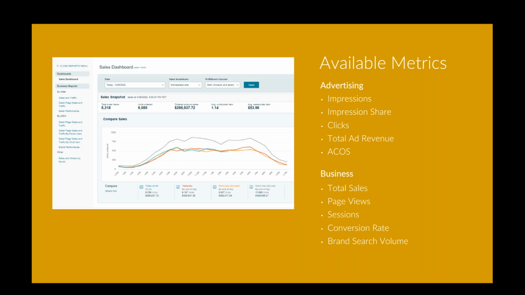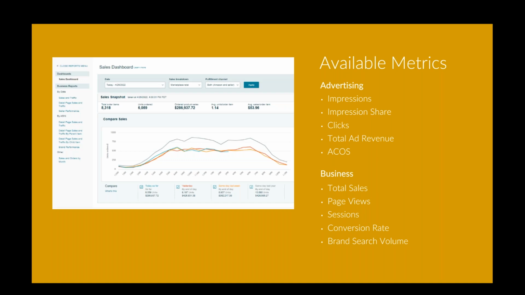Yeah, and we'll also be looking at it from a little bit of a zoomed out lens too, just from a business perspective. And that would include, of course, the business report, specifically looking at it by ASIN detailed sales and traffic. That report's going to give you a ton of information, including things like page views, sessions, unit volume, buy box, etc. So there's going to be a lot of important things to be looking at in that report that would show you where else you should go to continue digging into things to find out what's doing really well, what's not.